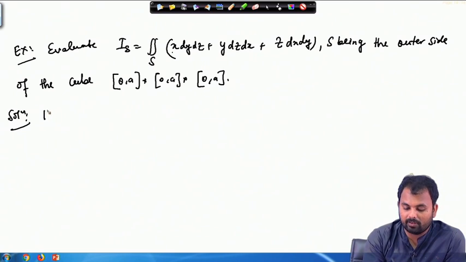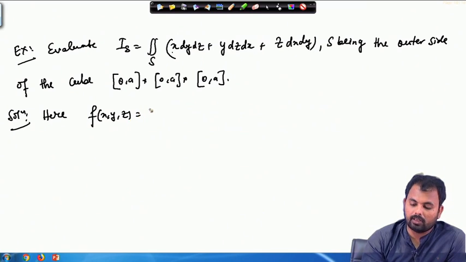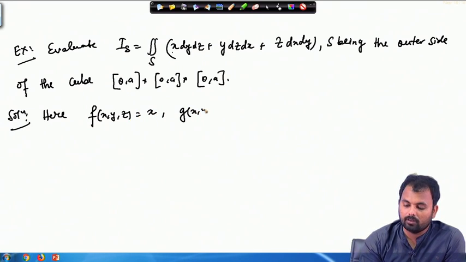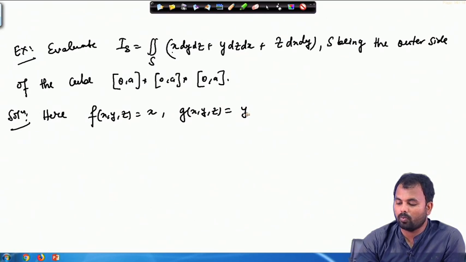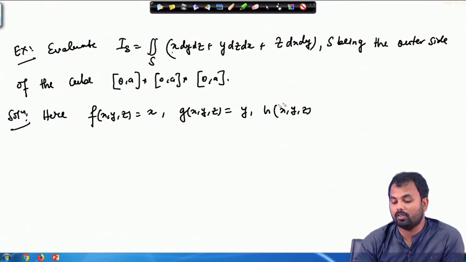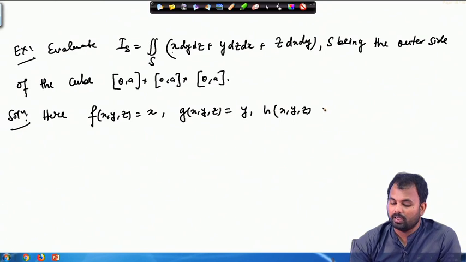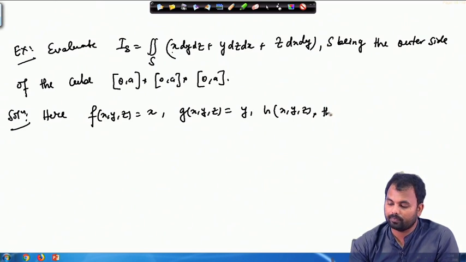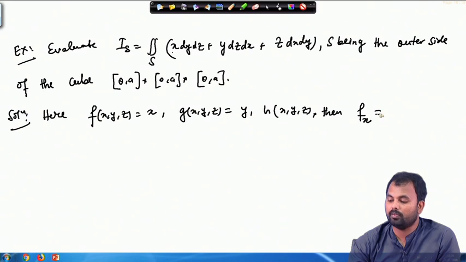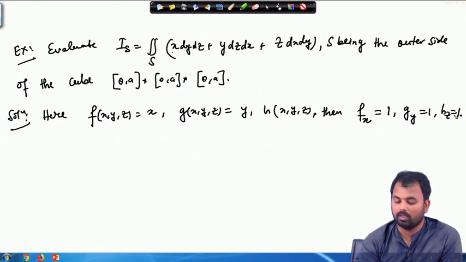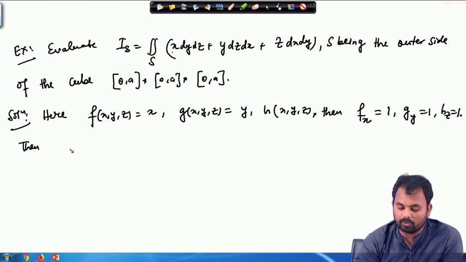So, f, g and h have continuous partial derivatives. I can write here f of x, y, z as x, g of x, y, z as y, and h of x, y, z as z. They can be functions of x, y, z as well, but here in this case we are lucky that they are only functions of x, y and z respectively. Then our partial derivative of f with respect to x will be 1, the partial derivative of g with respect to y will also be 1, and the partial derivative of h with respect to z is also 1. Then by Gauss divergence theorem,